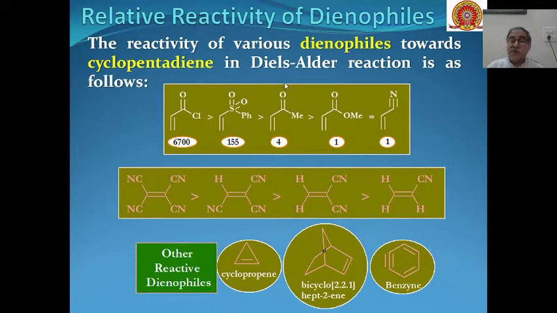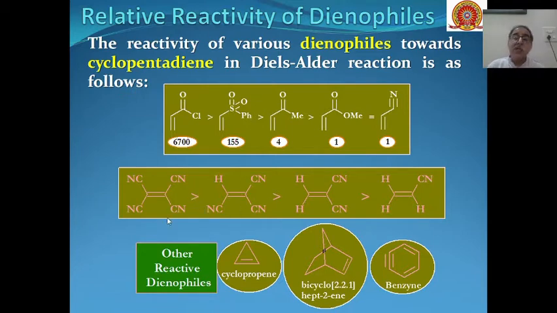This will also have the same reactivity. But if you have a ketone attached to it, then the reactivity will be 4 times that of an ester or cyano compound. Similarly, in this case, this will be 150 times more reactive than these two. And in case of these types of functional groups, it will be 6,700 times more reactive than these two. So reactivity will increase as the strength of the electron withdrawing property of this functional group increases.